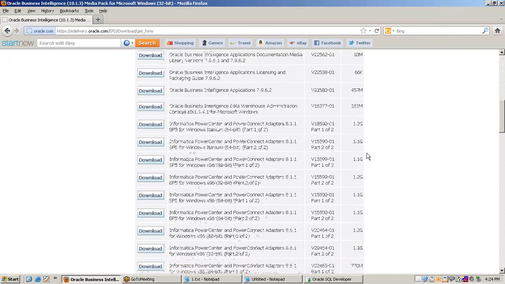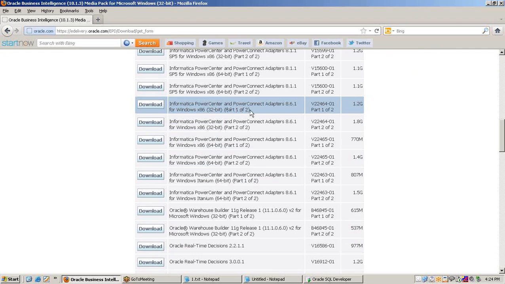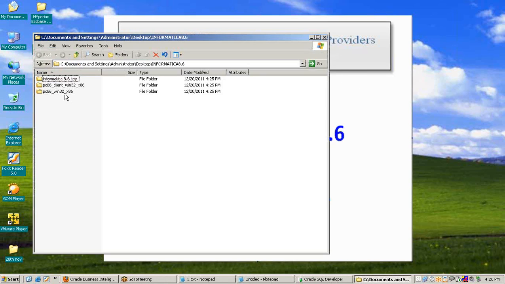Now we have to download our requested version, Informatica PowerCenter and PowerConnect Adapter 8.6.1 for Windows 32-bit. This is in two parts, first part and second part. So download both. Now we have downloaded Informatica 8.6 successfully.